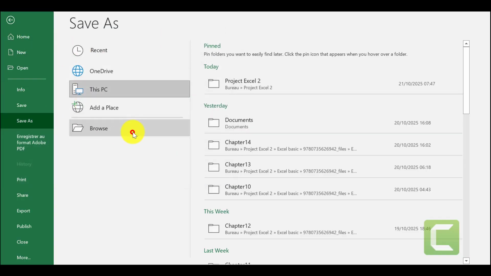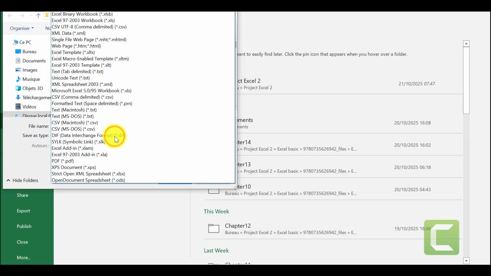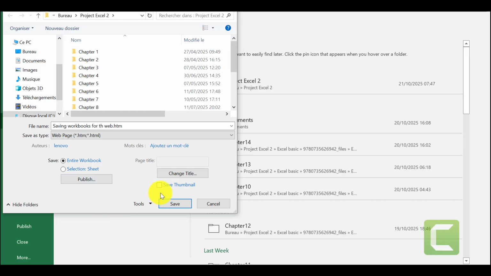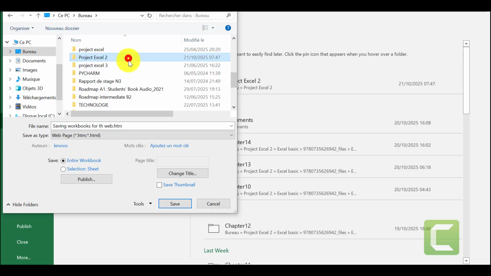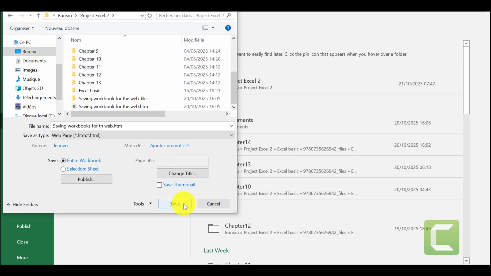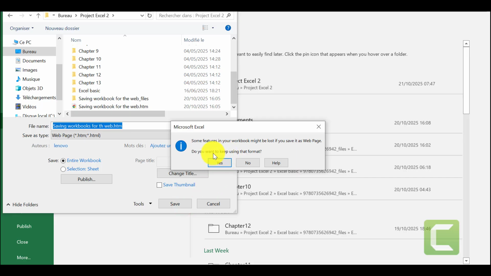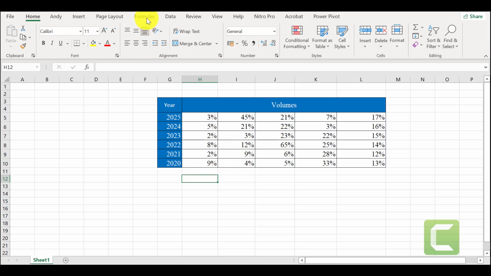you save the document again, but at the level of the Save as type, you choose the web page type. Okay, you choose the location, and then you save. Good. So this dialog box appearing warns you that some features in your workbook might be lost if you save it, but it is not a big deal. So you can press Yes, and automatically your workbook will be saved in the form of an HTML document,